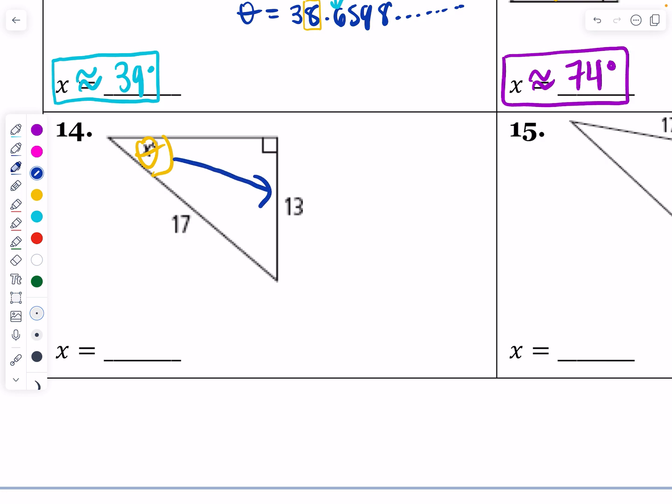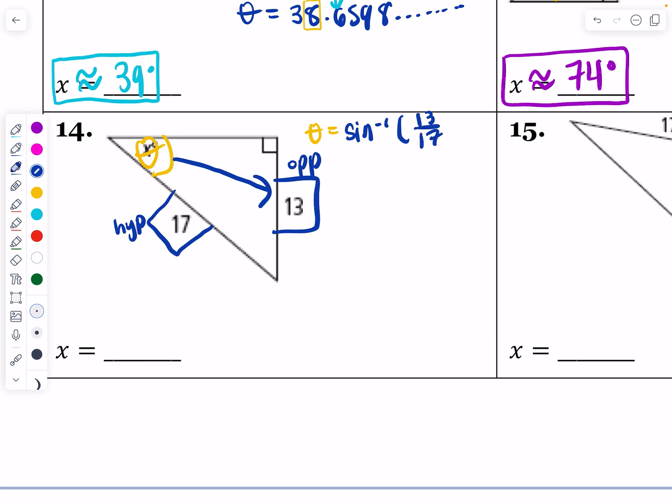Okay, so from here, this is my opposite. This is my hypotenuse. So that's going to be some inverse sine. Theta is going to be equal to, you don't have to write that part out unless you want to, the inverse sine of 13 over 17. So when I type that in, inverse sine, 13 divided by 17, that is going to go, ooh, this one's a good one. I'm going to write this out. I was going to start skipping ahead, but